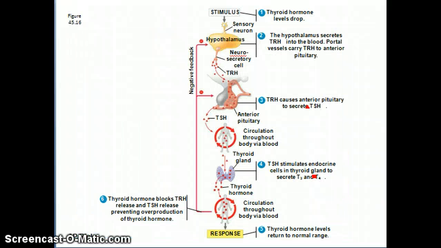This is just a diagram, and I believe you can find this in the book. It's figure 45.16. And so just take a look at how thyroid hormone is controlled through the hypothalamus. So again, showing